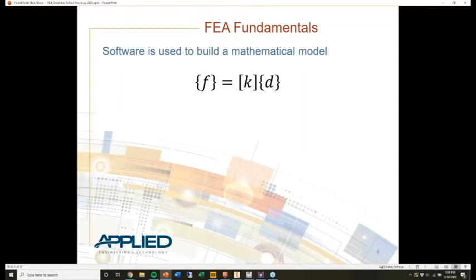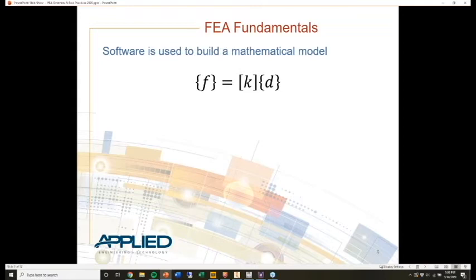Okay. Moving on, we're going to look at the FEA fundamentals and the mathematical model that's really what's going on in the background of the FEA software, okay? I think it's important to understand the basics of this mathematical model, because when we're clicking around in the FEA software, this gives us an understanding of what we're doing and how that's affecting what's going on in this mathematical model. We're really going to focus here on linear FEA. We all know finite element analysis can be nonlinear, but we're going to focus on linear here